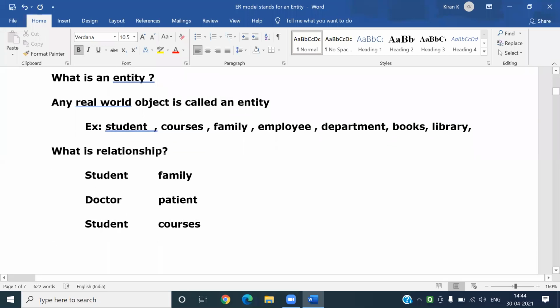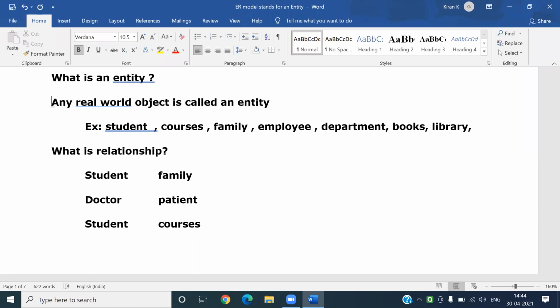So, a relationship can be defined as the dependency part. See, my dear friends, the dependency on one another is called a relationship. According to its dependency, we say whether it is a good relationship or a bad relationship, or strong. Lot many types of relationships are there. We will discuss that.